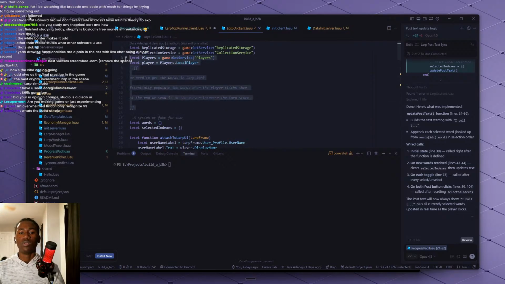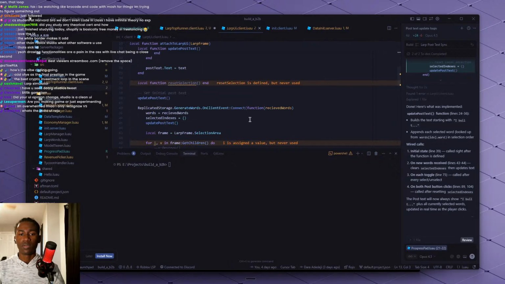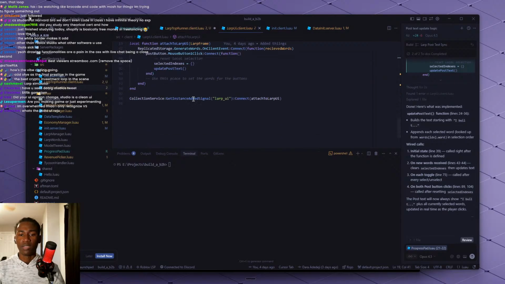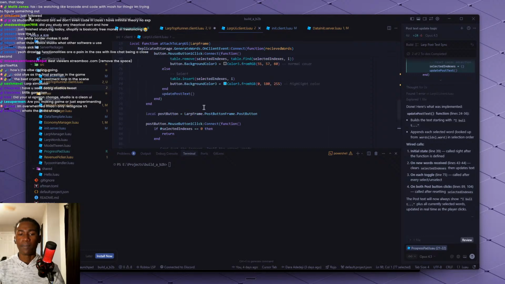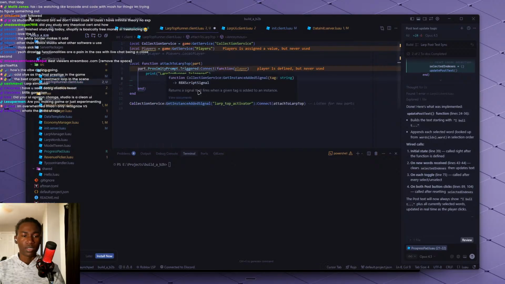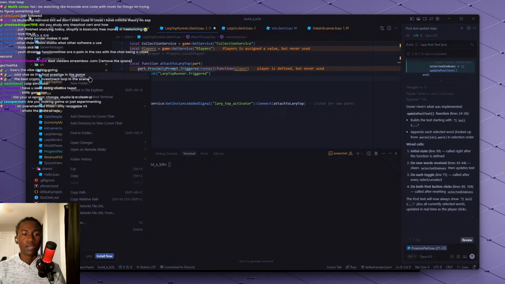Oh, this should totally be a module script now. Oh, this is attached, and we attach to the LARP frame. So how do we do that here? When it's connected, we do that much. Oh, okay. So honestly, I can leave it like this. It doesn't have to be a module script. But I do want to do a new file called